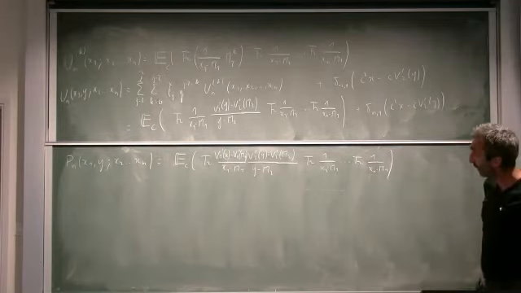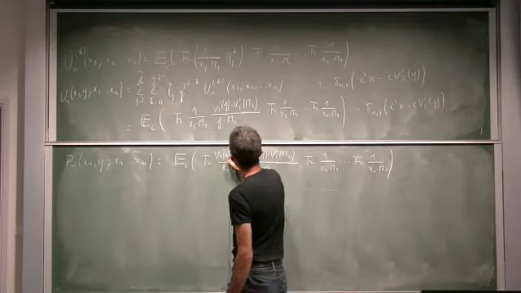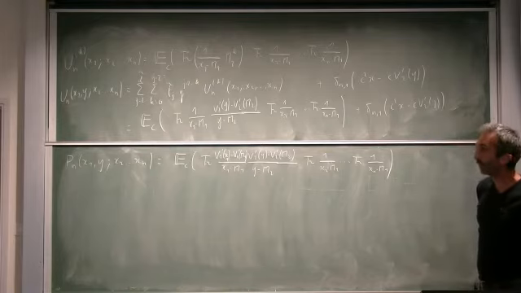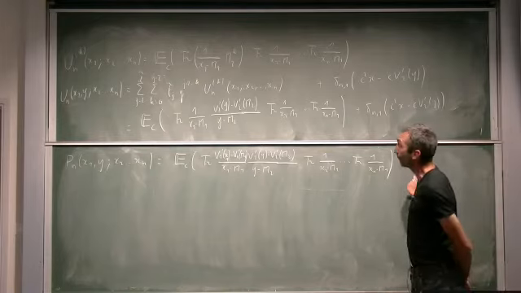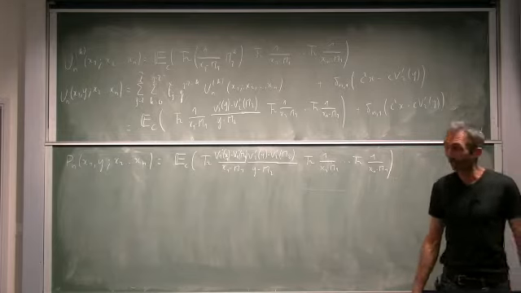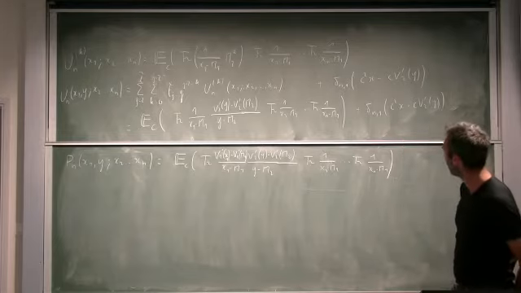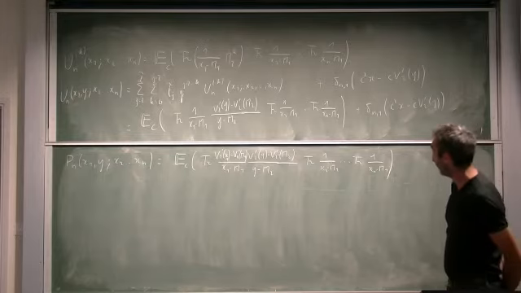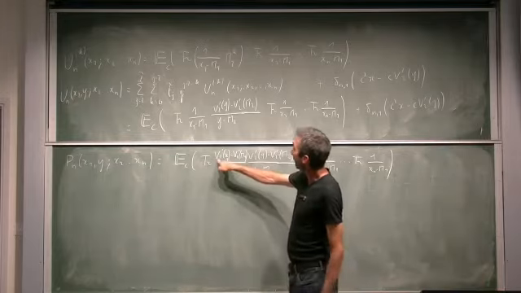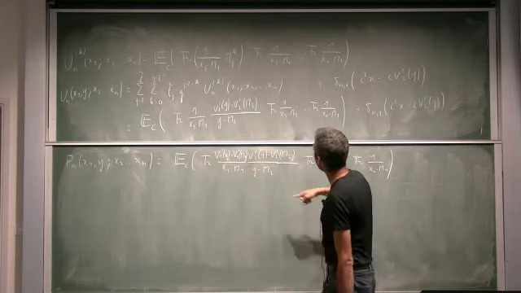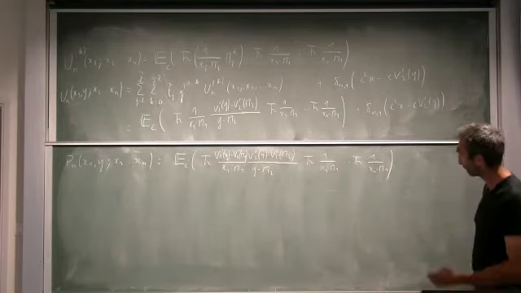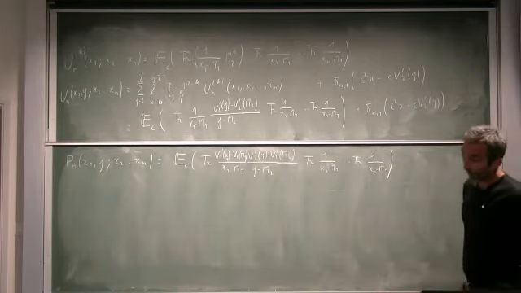So this one is a polynomial of both x1. Sorry, this is x1. It's a polynomial of both x1 and y. It's a polynomial in these two variables. In the other variables, it's not a polynomial. It's typically a series. And in fact, it's algebraic. No, sorry, it's not even algebraic. So in the other variables, it's a series. But in the two first variables, this is a polynomial. The degree is 1 less than the degree of v prime 1. So it's d minus 1. And the degree in y is d tilde minus, sorry, d minus 2 and d tilde minus 2. OK. And this will be needed.